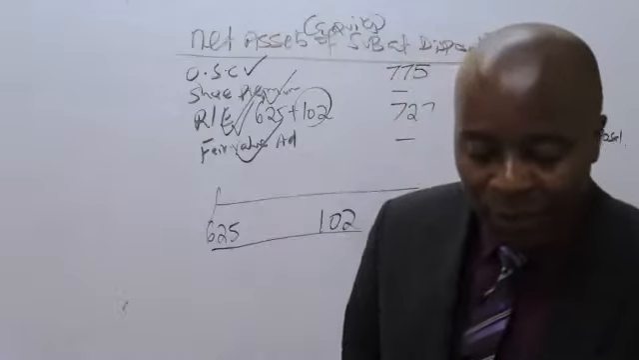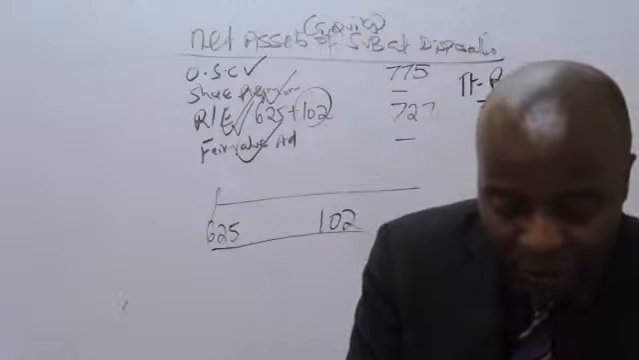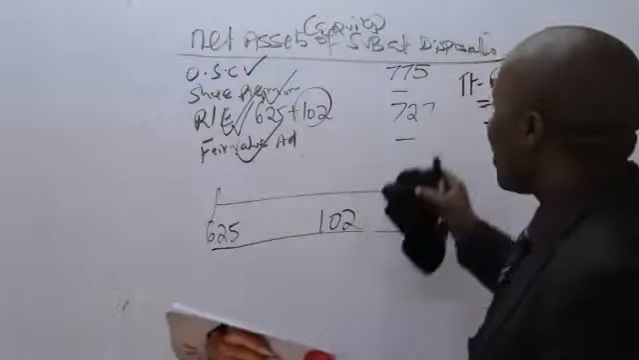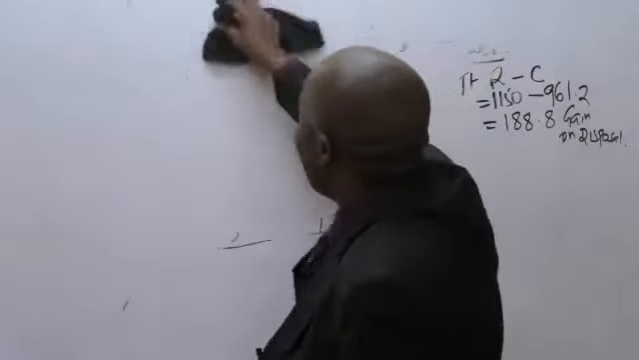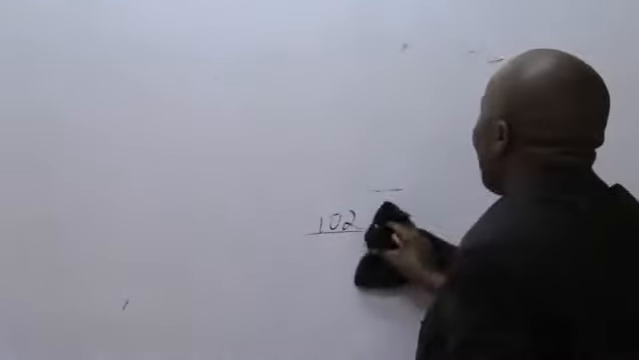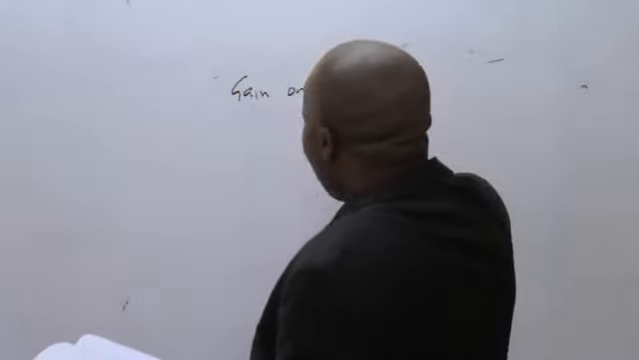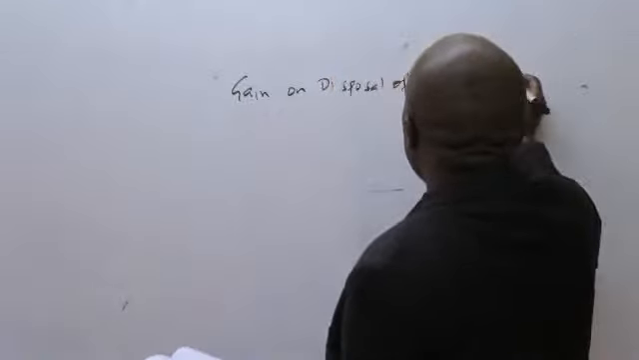Ngoja tuone maajabu ya Musa. Tuone kama kuna wanafunzi wamemaintain vitabu zao vizuri. Kuna mahali wamesema gain on disposal of shares. Katika consolidated income statement, kuna kalaini ambako tuliwacha mahali. And if I remember, kuna kalaini ambako kalikuwa na gain on disposal of subsidiary. So ningetaka uniandikie hapo